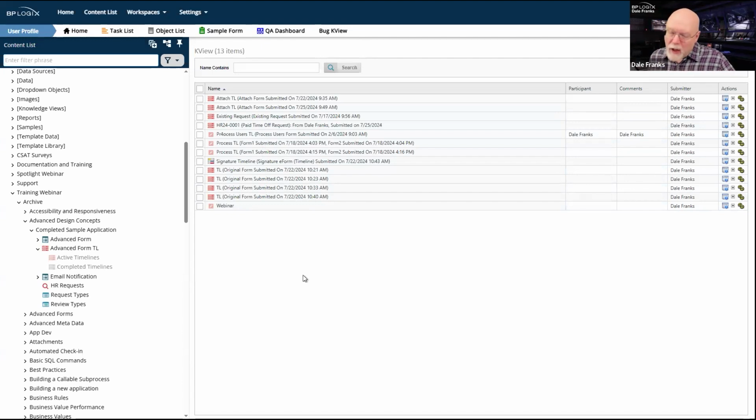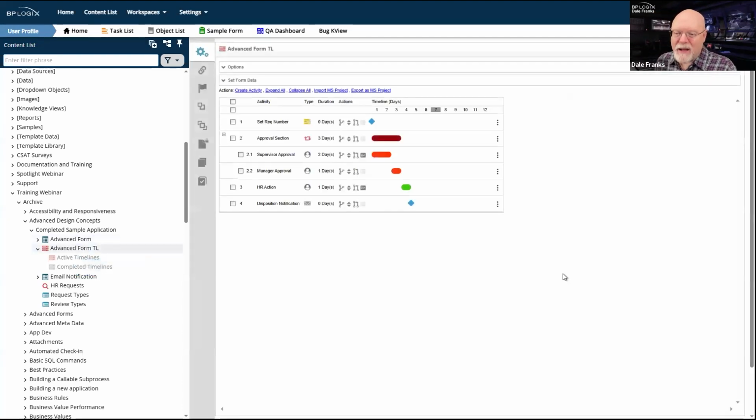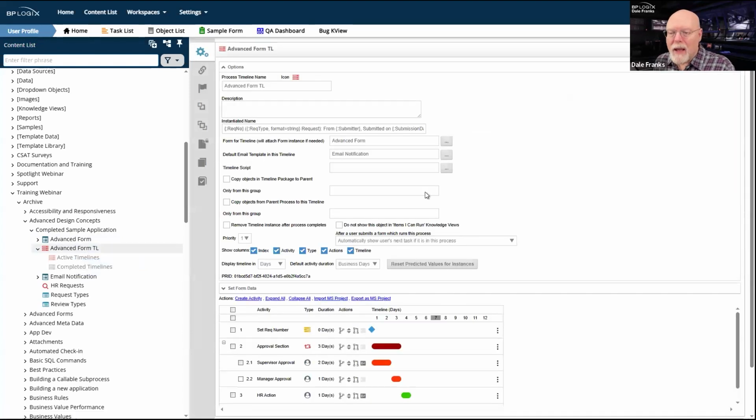Which brings us to another topic as a manager, and one which I have not implemented in any of these timeline instances. And that is the instance name. We don't talk about this much. On this one, I did do it, so I've got a custom name on this particular one. We do talk about it in the Advanced Design Concepts course, but we kind of glossed past it a lot. But what I really need is a timeline instance name that is searchable.